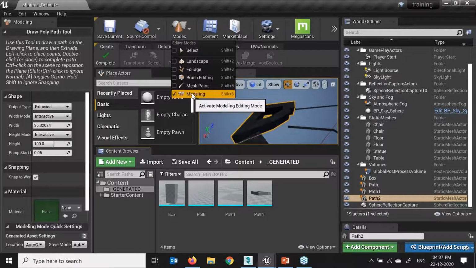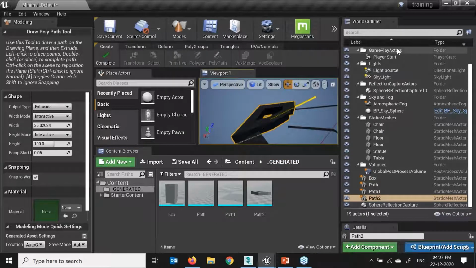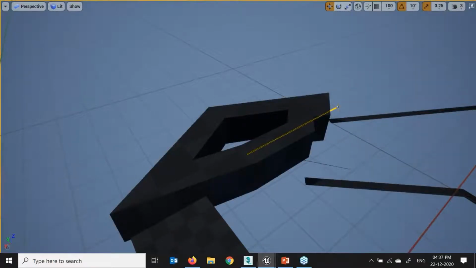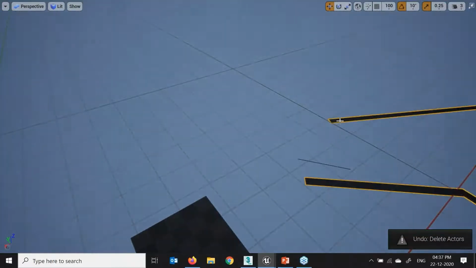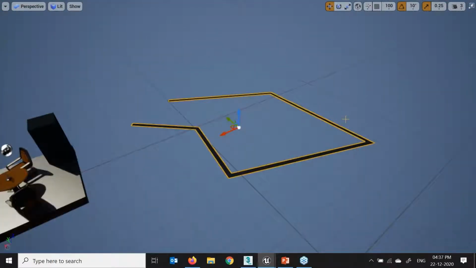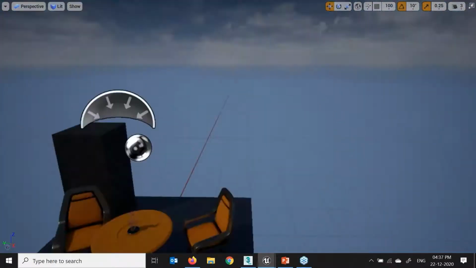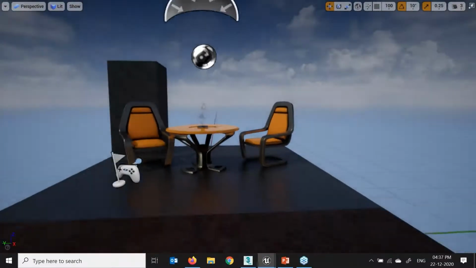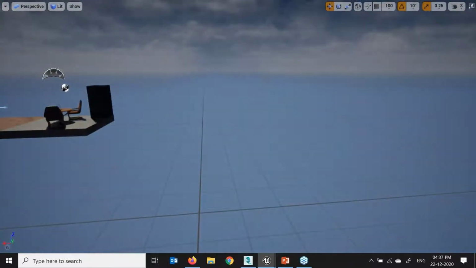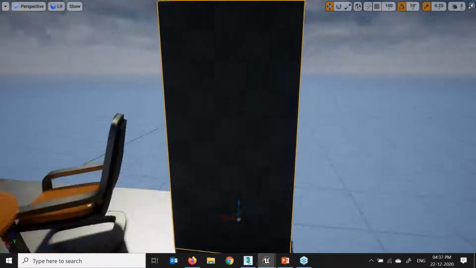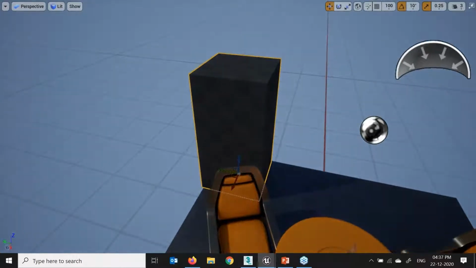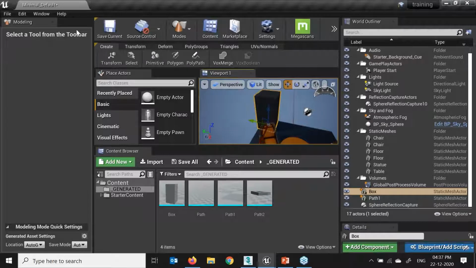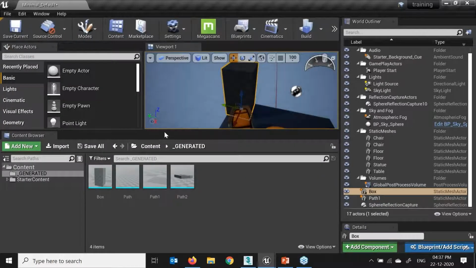Go mode, modeling menu is there. Again, I'll just maximize my viewport, escape, enter, select this object and delete. F and just delete that part. Alt, left click, right click, left click, select this object, press F, right click, I can move these sections over here, right? So this is a really very easy and simple way to understand the UI of the Unreal, right? This is really very simple.